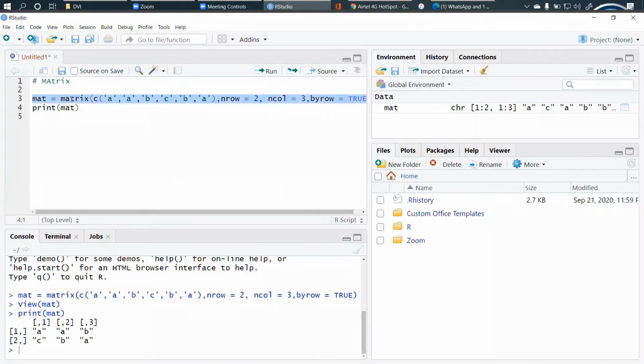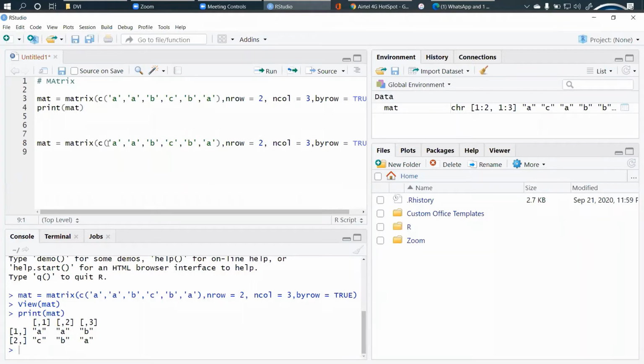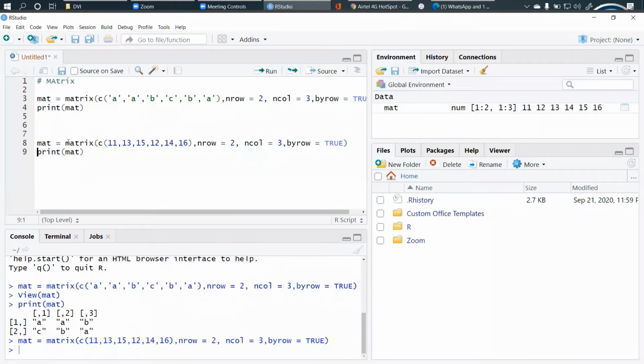Now let's see by using numbers so that we can perform different operations here. So I'll replace all these characters with some numbers. We keep the rest of the things the same, and again use this function. I'll load it. Now the matrix has a particular range of series.